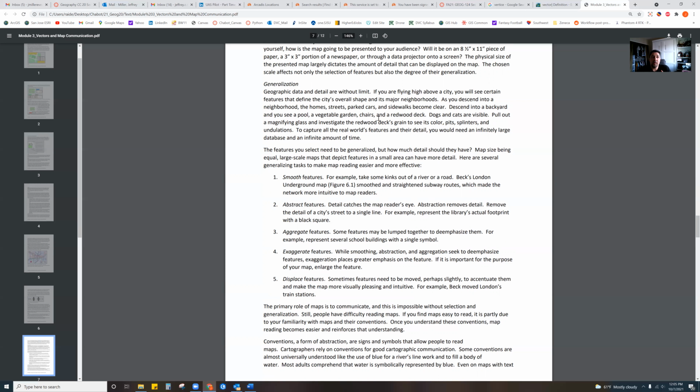You are, for communication purposes, trying to aesthetically improve the way that stream looks on the map, okay? So that's one example. And there are other examples here as well. Maybe displace the features, maybe features need to be moved slightly. So in terms of how they lie, maybe there's an accuracy component of that where the map is quote unquote lying to you,